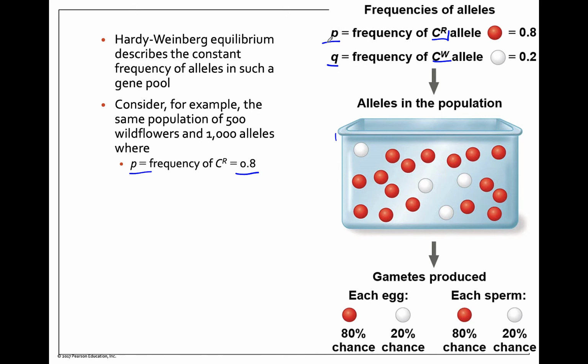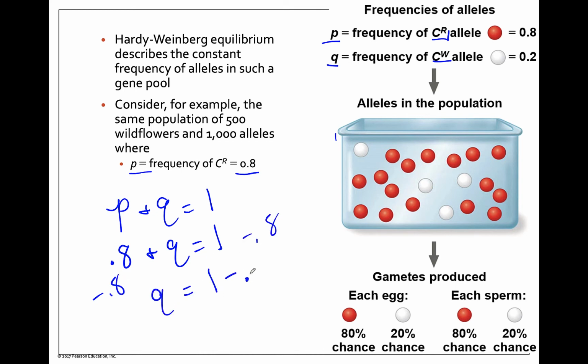We can figure out P or Q if we have the other one, right? Because our equation is P plus Q equals 1. So if I know that P is 0.8, so 0.8 plus Q equals 1, I can do some algebra, minus 0.8, minus 0.8. We end up with Q equals 1 minus 0.8. Q equals 0.2. And so this makes sense, right? Of our alleles over here, we actually have way fewer white alleles, and so that's going to be 0.2